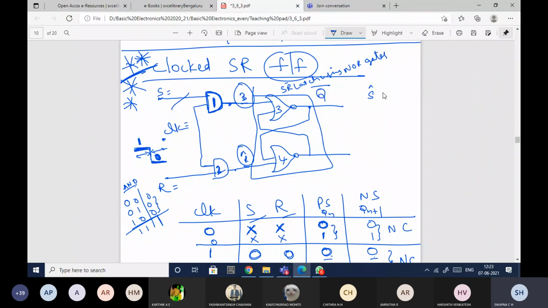If you recall the truth table of this, it was like this: Q, Q bar. If this was 0 0, then no change. If this was 0 1, then Q was 0 because set is 0, reset is 1. The Q value is 0 and Q bar is 1. If set is 1, reset is 0, then Q is 1 and Q bar is 0. 1 1 was invalid. I'll show you how to write it. Even if you're not understanding this, you can ask me. I will show you all the cases in a simple way.